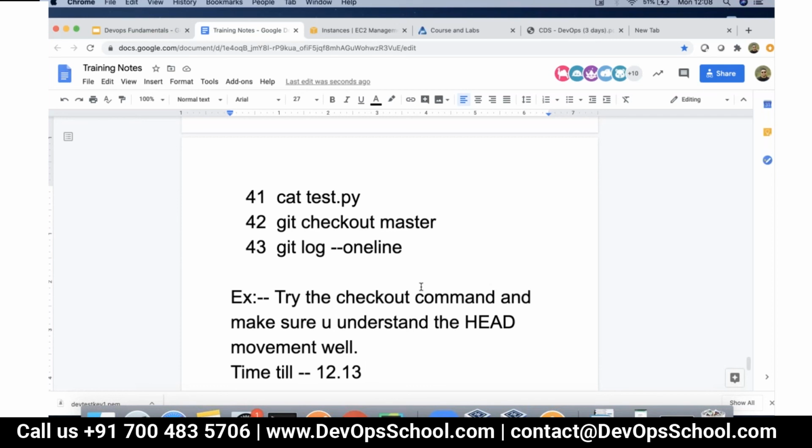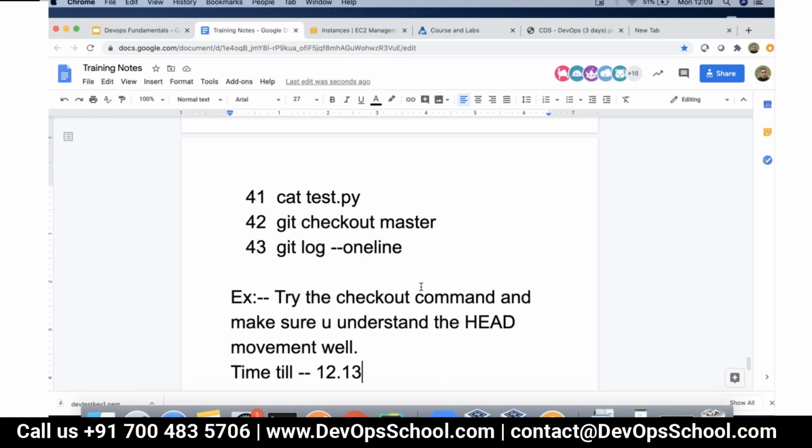Try out this thing. Then we are going to talk about how you revert changes. Okay. So let's say you made 5 commits since morning. Now your boss comes up to you and tells you that whatever you did in the third commit was completely wrong. How do you fix it? What are the options for that? We'll talk about it.